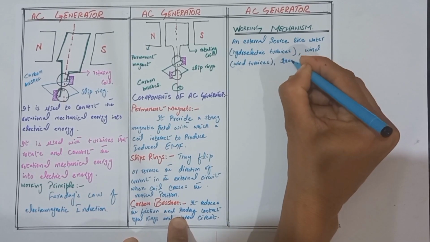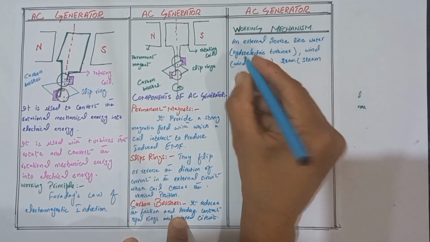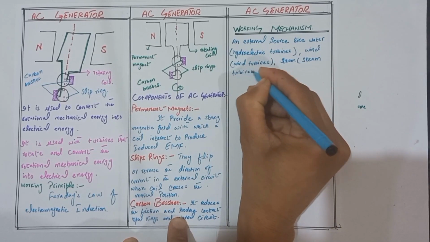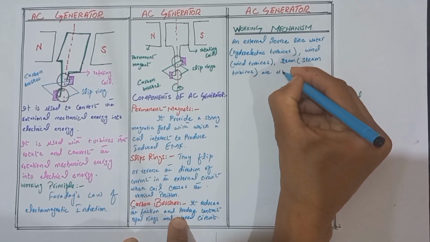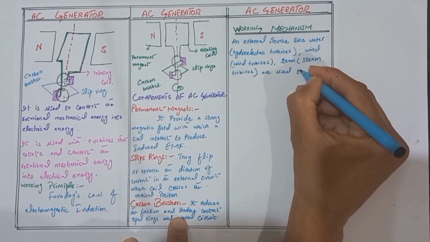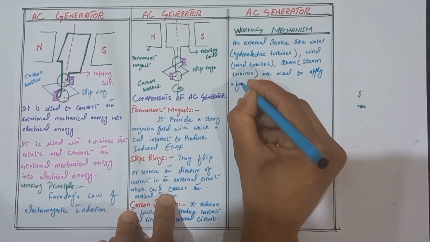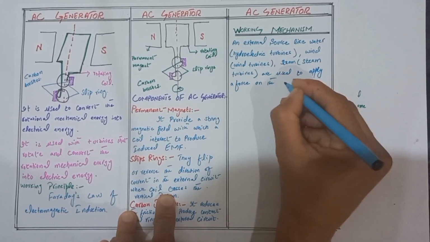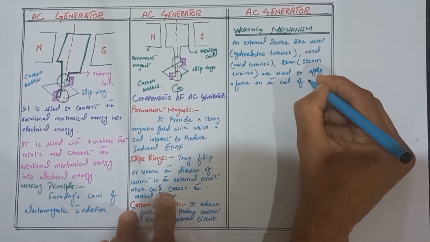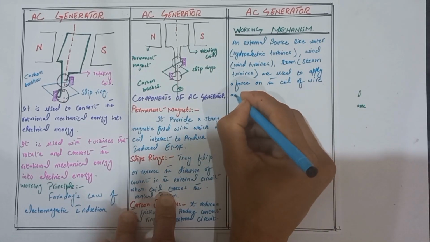Third is steam, or steam turbines, which are used to apply a force on the coil of wire and